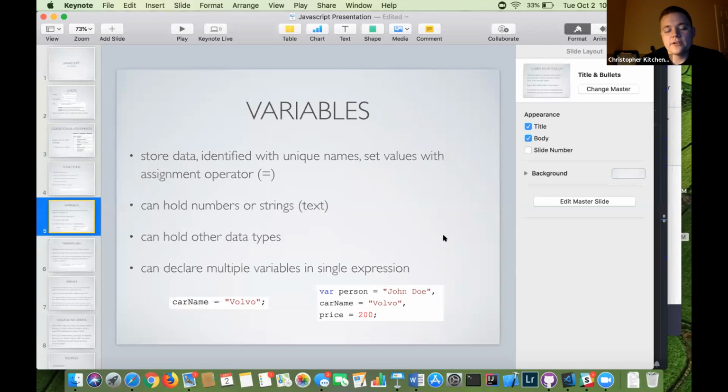So variable declaration works a lot like in other languages, where you just use the assignment operator to store data. The two basic ways of thinking about what you can store in JavaScript are numbers and strings. It's pretty consistent with a lot of different things. There are other data types, but it's very easy to think like that. When you declare a variable, you literally just say var and then whatever you want to call it, and then what the value is. Again, this is different from other languages where you don't declare the data type when you declare a variable. You can declare multiple variables in a single expression, just separate them by a comma, and then when you're done declaring them and assigning them values, you put a semicolon. If you don't assign anything, it's going to be undefined.